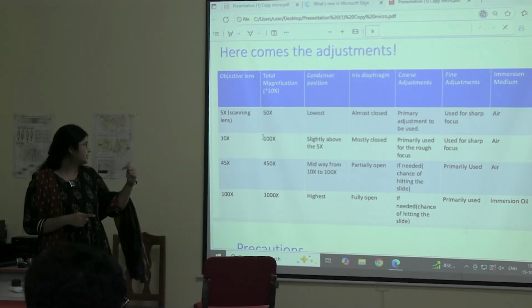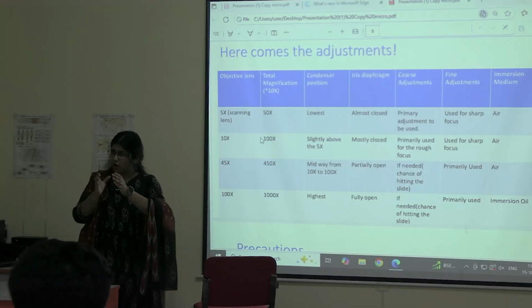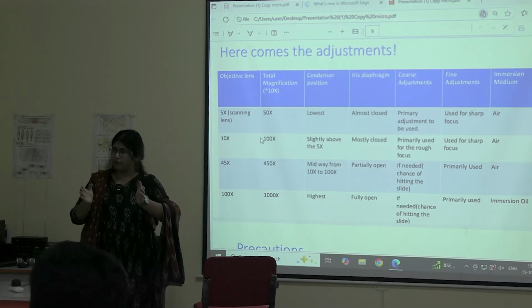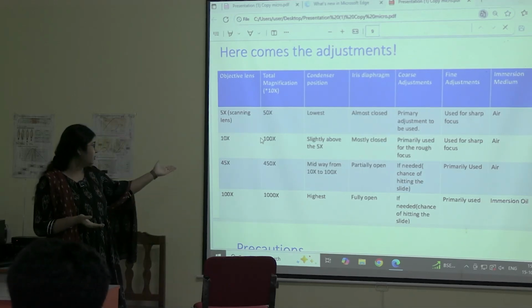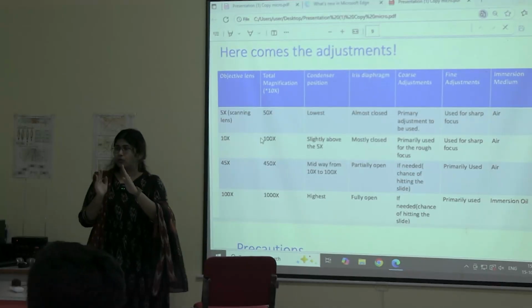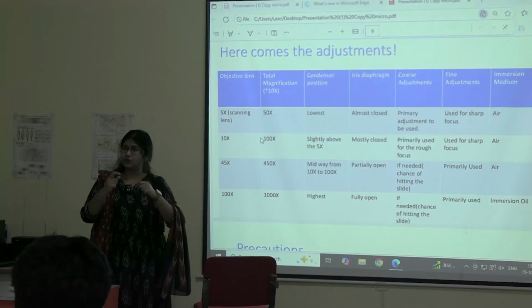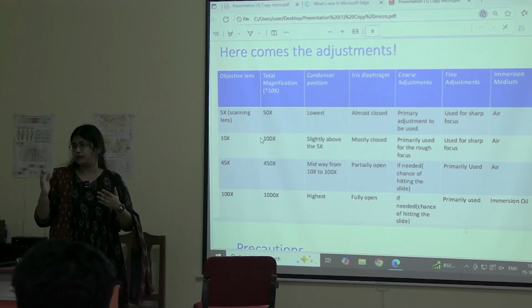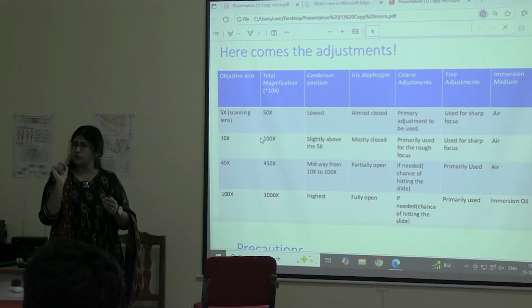Okay? After 5x, we go with 10x. What 10x does is, it gives a further narrower field of view. One, you have a big field of view, you have identified. Then in this field you want to be more specific. Then you use 10x to be more specific in this part. Okay? And furthermore, when you go to 45x, you want to know the intricate details. Okay? The intricate details you want to see. That is when you go to 45x. And finally you go for 100x. That is the most magnifying part. You want a crystal clear and most specific view of that particular cell you want to see.